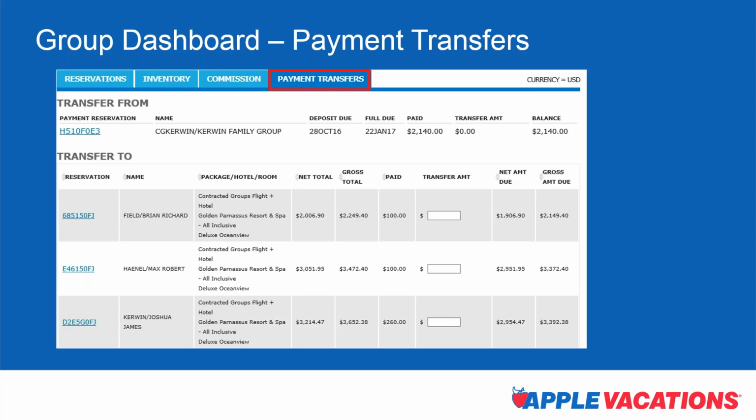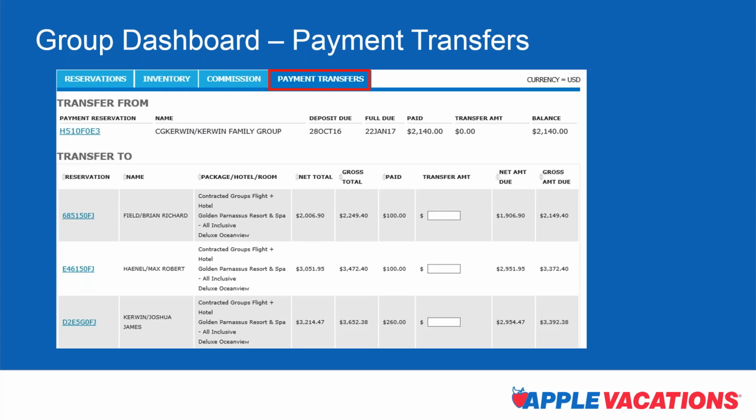And yet the group is still under deposit. So very, very easy to transfer money from one child booking to another, from the parent booking or from the deposit. So again, super easy, especially if you have large groups. Like right now with us, if you have large groups, you might have 3 or 4 different booking numbers. And if you have to transfer money from one to another, it can become quite complicated. Super sleek and simple and easy with this. And everything is in your hands. This is self-serve traditional group bookings.